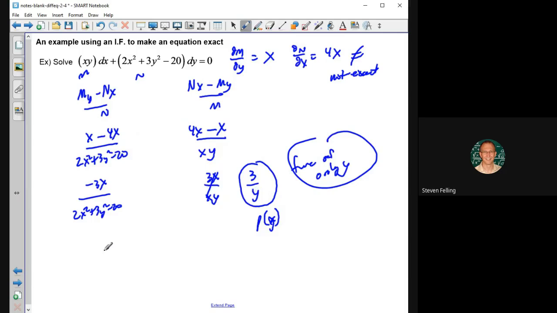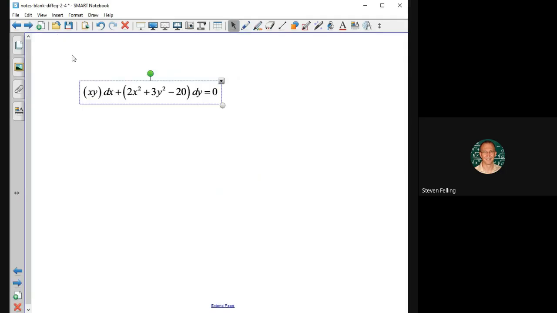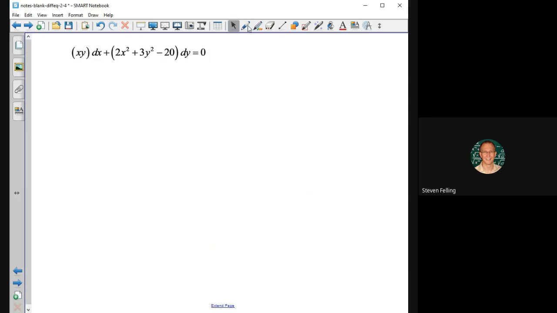Okay. So if I make an integrating factor, e to the integral of p dx, or y in this case, it's going to be the integral of 3 over y dy, which is going to be 3 times natural log of y, which is natural log of y cubed, which is going to be y cubed. So we can multiply the original differential equation by y cubed and form a new differential equation that's equivalent. Because if you multiply the whole thing by something, you get the same equation, right? So as long as y isn't 0,